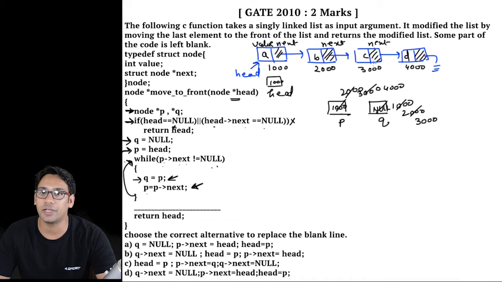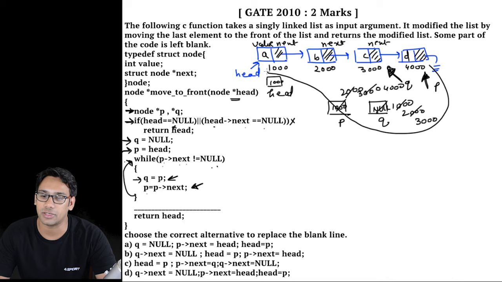Now at this point, if you see, p is pointing to this node and q is pointing to this node, right? And now you have to fill the blanks. What will you do to move this node to the front of the linked list? Okay, so what are the operations which need to be done? So the first operation is at this part here, you have to store the address of this front node, which is the current front node.